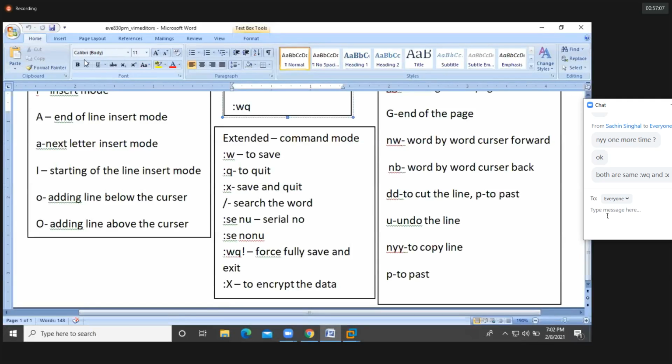Clear? Forward slash to search for the word: s forward slash, then the source word, and then the destination, that means the target word. So I'm replacing hello with hi. If you need to replace everything in your file, we should use the percent sign in front of the s. I hope you're clear, guys. Like this, you can find and replace the word. Okay, so clear?